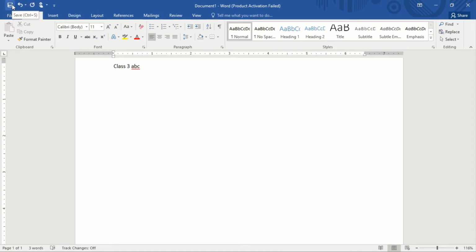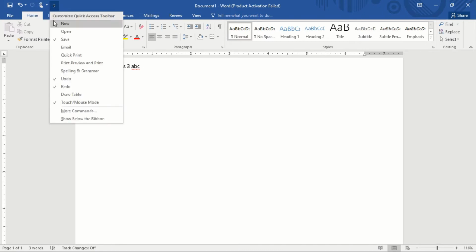This is the save button, and this is undo. If I click on this button, you can see the text has disappeared. If I click on redo, this action will be repeated again, and the text has come back. Redo or undo. And you can add more also.